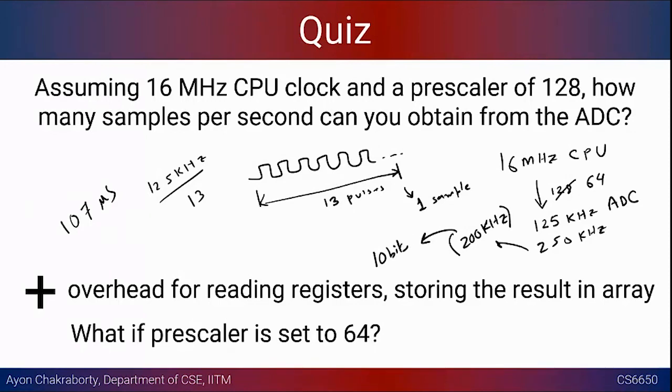So as I was arguing earlier, you can trade off how much speed you want versus the resolution that you are trying to achieve. You can go for a higher clock for the ADC, but you have to trade off in terms of resolution. Maybe you can get something like 8 bits now. These are some of the details you should be very, very cautious about when you write this sort of code. That is the purpose of putting this question.